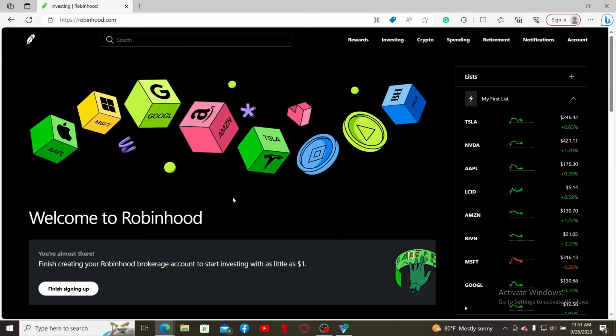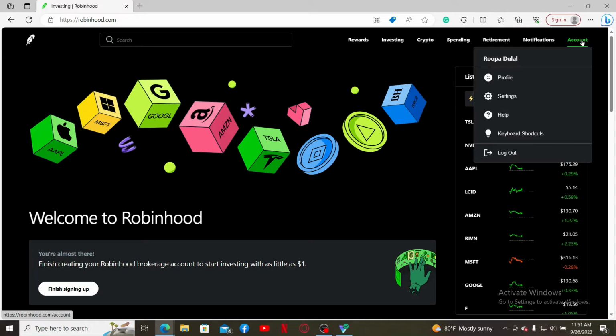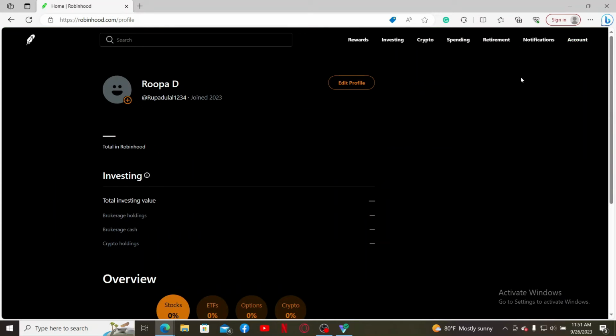Once you're inside the main homepage, click on the account button at the top right hand corner, which will then open up this expanded menu. Select profile from the options and click on it. This will then take you to your profile, from where you'll be able to edit your profile information as well as your profile picture. To change your profile picture or to add a new profile picture, click on this add